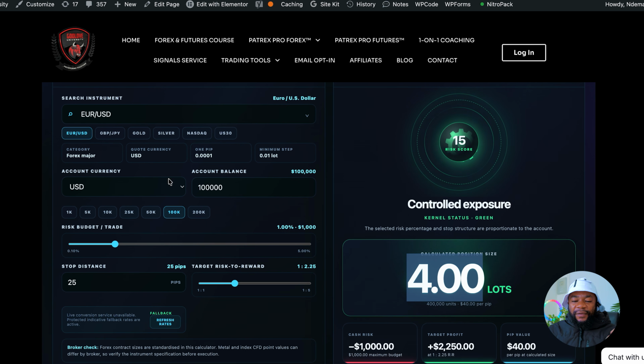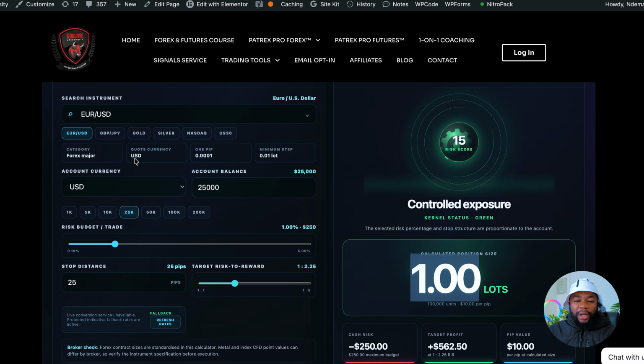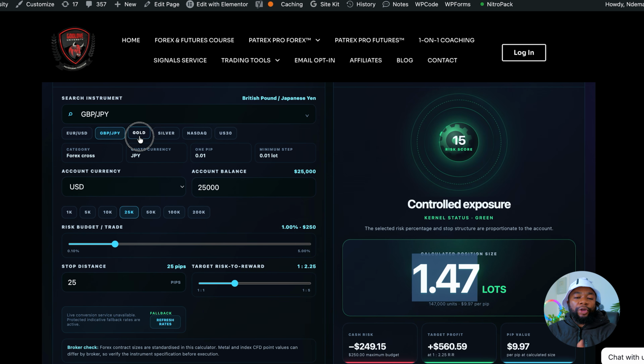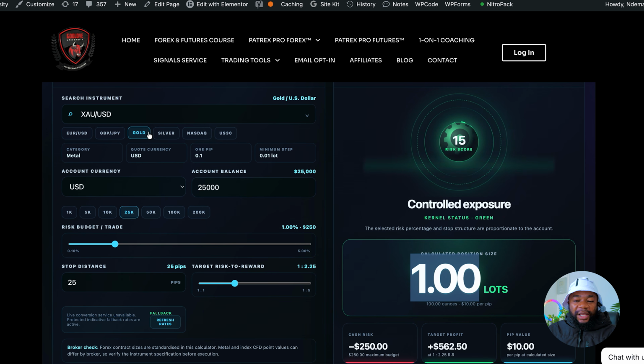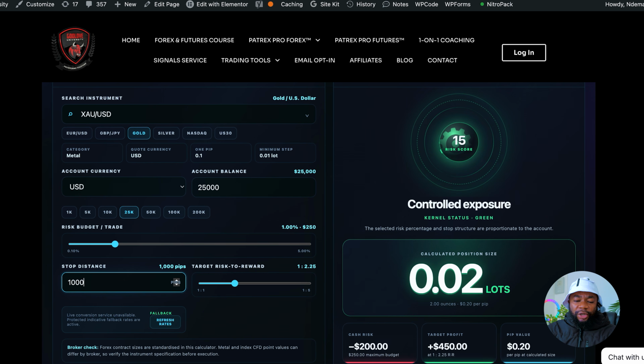What if the person is having, say, a 25K account and maybe you are trading Great Britain pound or you are trading gold, and you have a 25K account, you are still risking 1%. And then for gold, obviously, you can't even risk less than 100 pips, right? So you put there 100 pips on a 25K account, you click, it means the lot size you can use there is